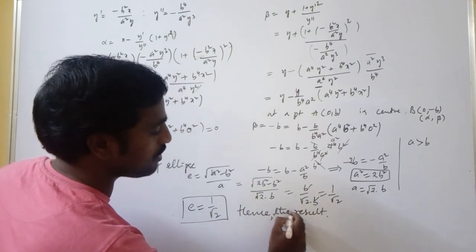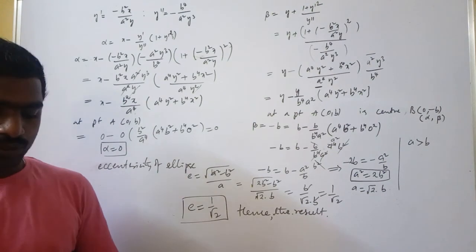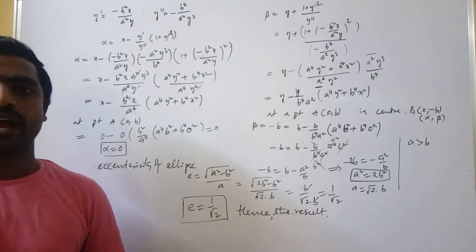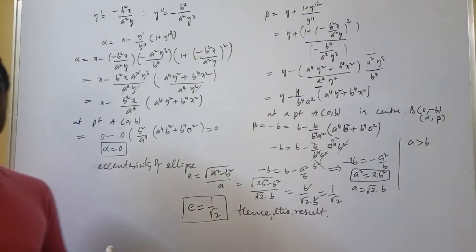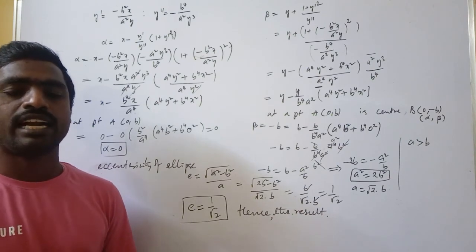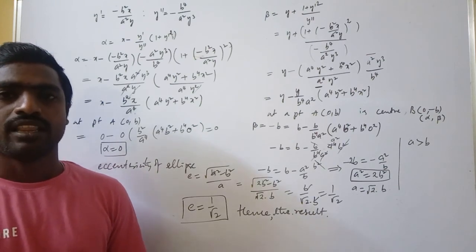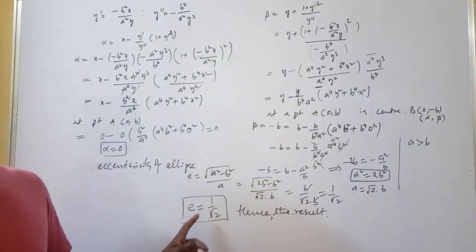Right. So this is the procedure. You can show this for any problem if the center of curvature at a point is given, and then you can try and find the angle also. That is a different case. So here the given problem is clearly mentioned: the center of curvature of the ellipse at one end of the minor axis is the other end of the minor axis. Then show that the eccentricity is equal to 1 by root 2. We have shown 1 by root 2, hence the result. Thank you.